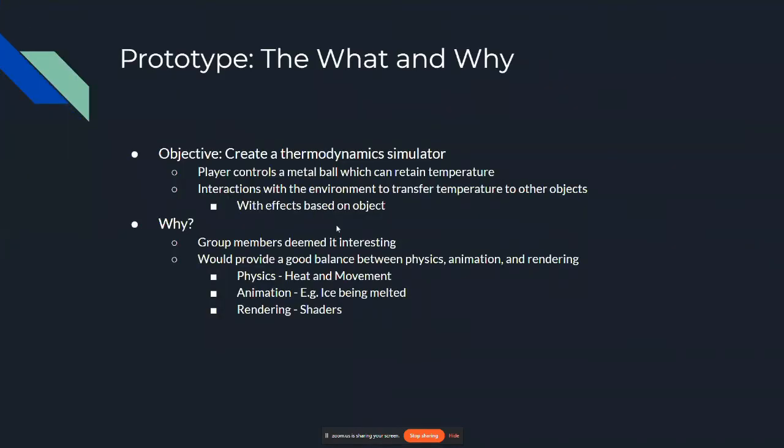So here's the prototype, the what and the why. Our objective is to create a thermodynamic simulator. Essentially, players will control a metal ball which can retain temperature. For example, if it stands in fire, the metal ball gets hot. If it stays in a cold area, the ball will get cold, and it interacts with the environment to transfer temperature to other objects. So, for example, if the metal ball, which is very hot, suddenly touches something like ice, it will start melting